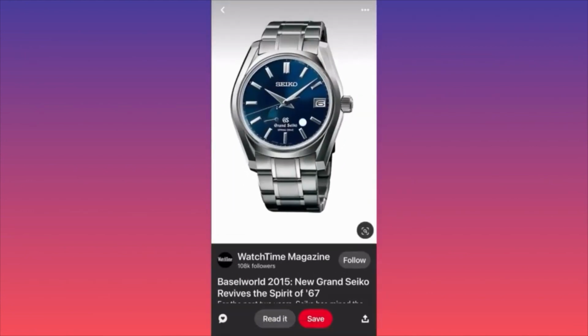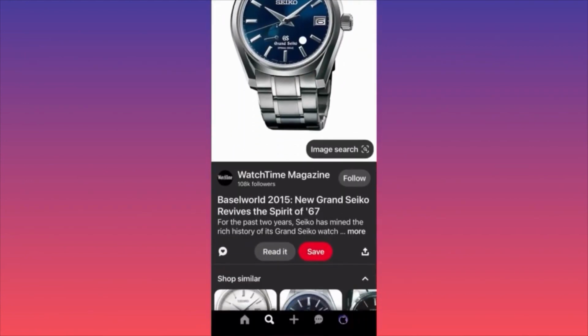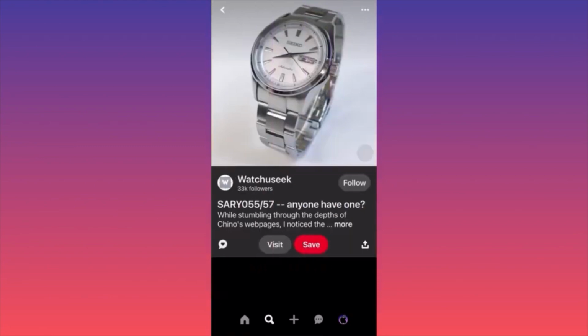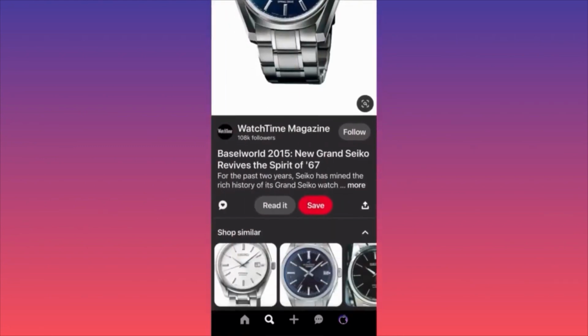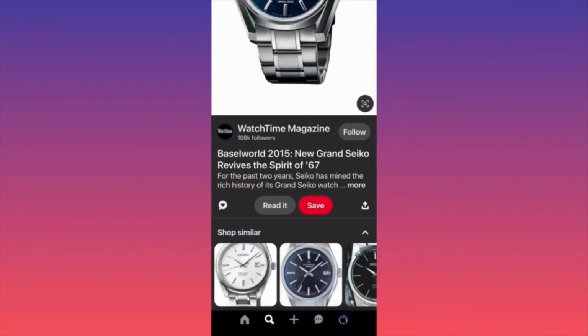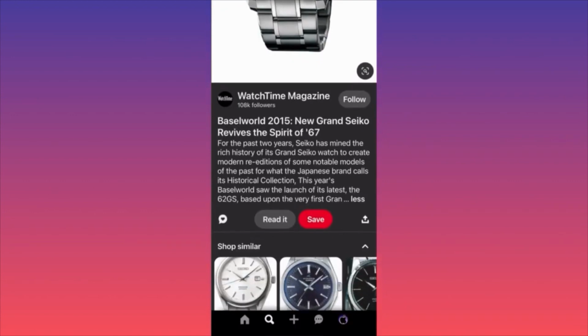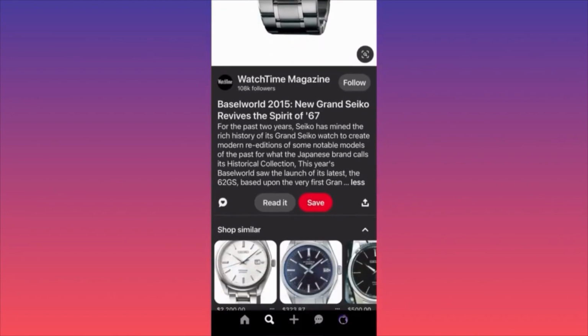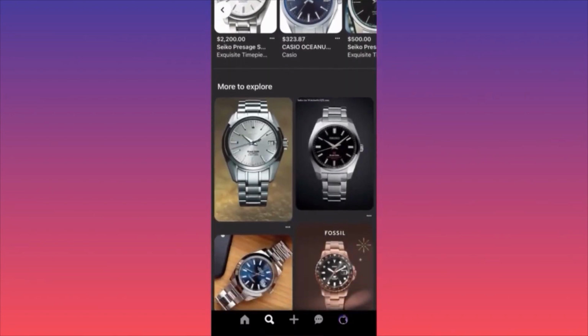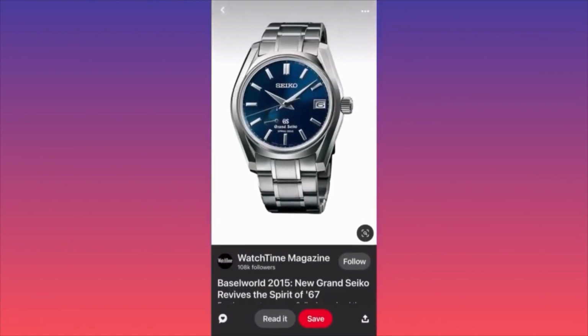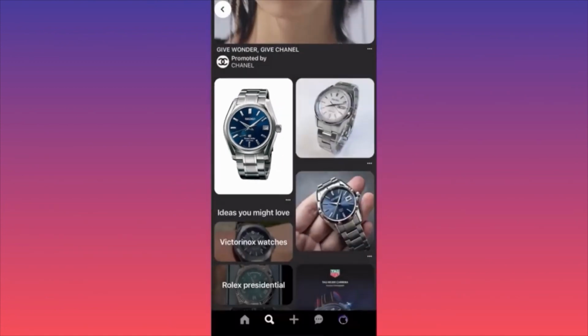So we saw a bunch of different individual sellers. Now we're looking at a store with over 108,000 followers. So they're selling this particular watch. Let's take a look at what their description looks like. So they simply input the description from the actual page. Let's take a look here. Not much of a description, but having this large audience over here indicates that the pictures are actually the most important part, not the description.